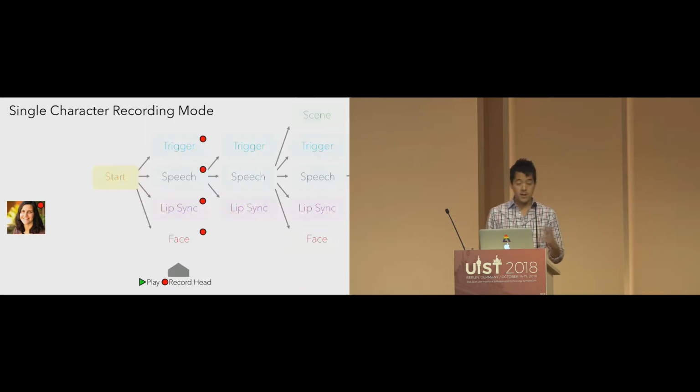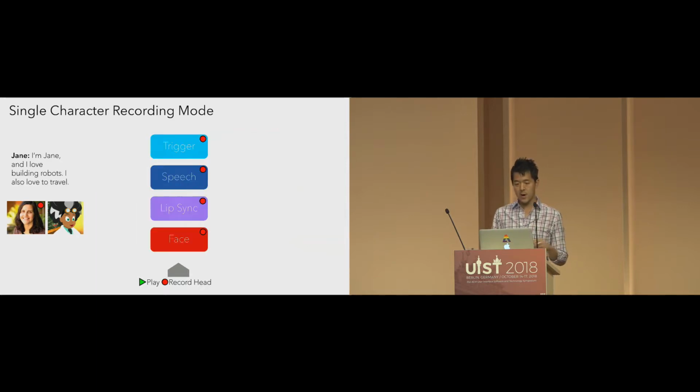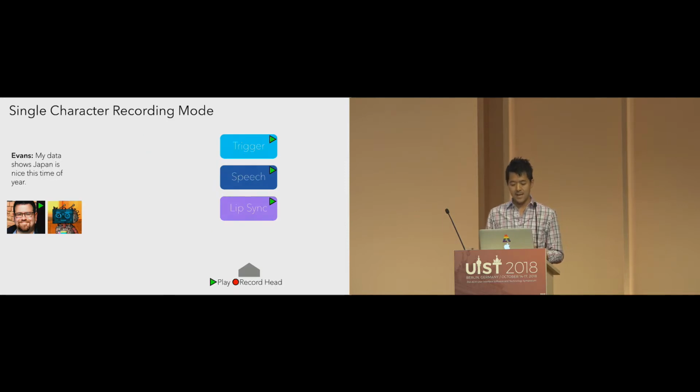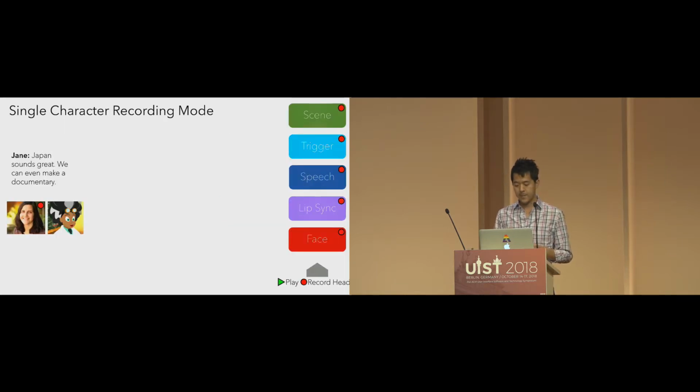Now, as you saw earlier, we also support single character recording. So in this case, the actor wants to record just Jane. So here what the controller does is first arm and record Jane's first line, and then play back the existing or synthesized recording for Evan's second line before moving on to Jane's next line and arming and recording those nodes. So in general, the controller, by arming and playing back different combinations of nodes, can support a variety